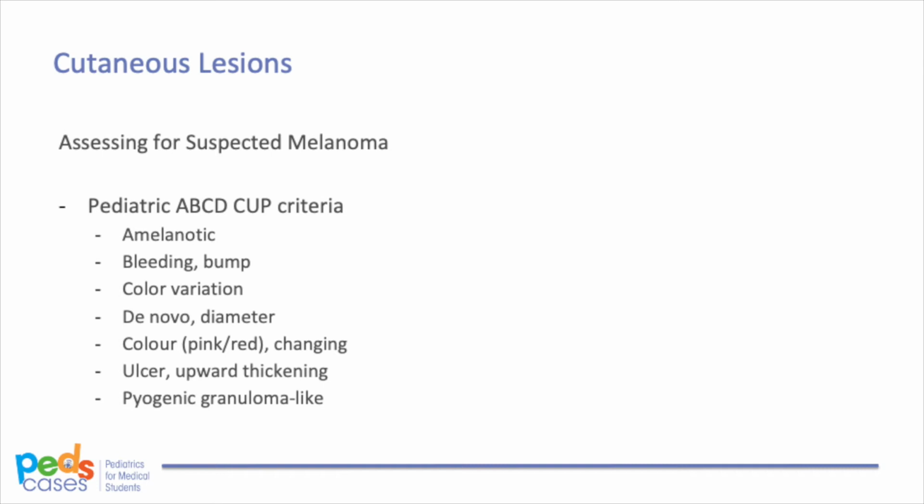Given the atypical presentation of melanoma in children, the pediatric ABCD and CUP criteria were developed and can be used, and they stand for amelanotic, bleeding bump, color uniformity, de novo and any diameter, color pink or red, changing, ulceration